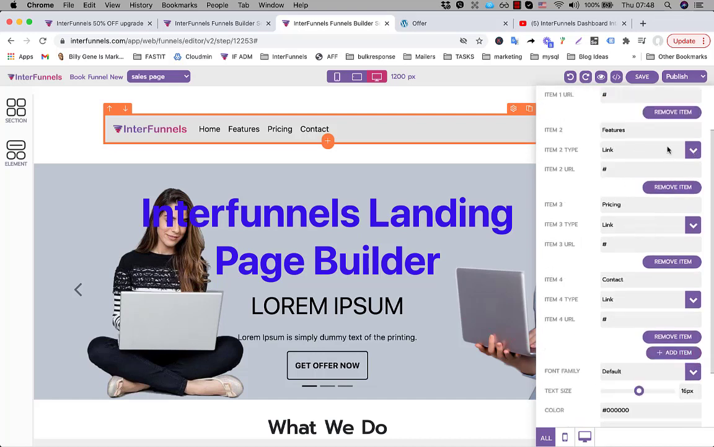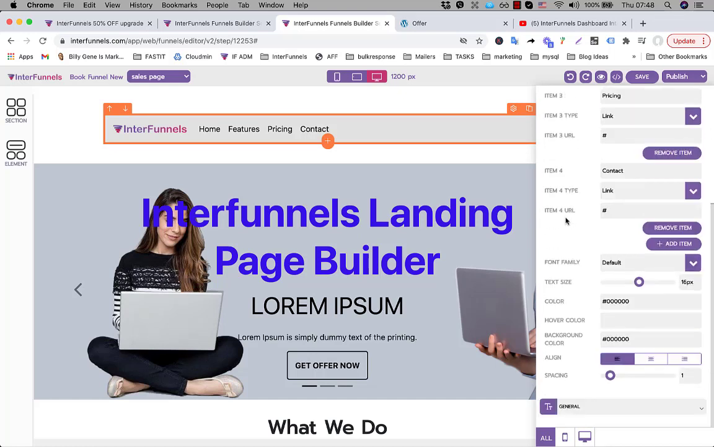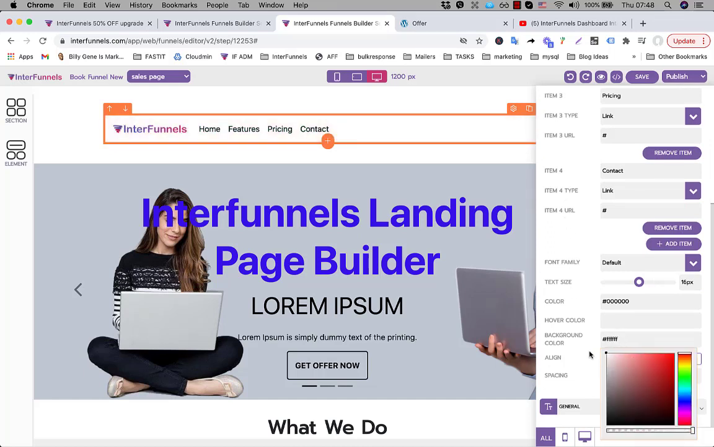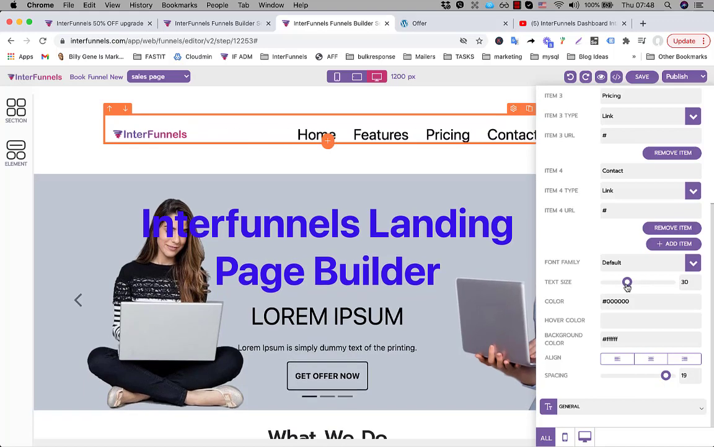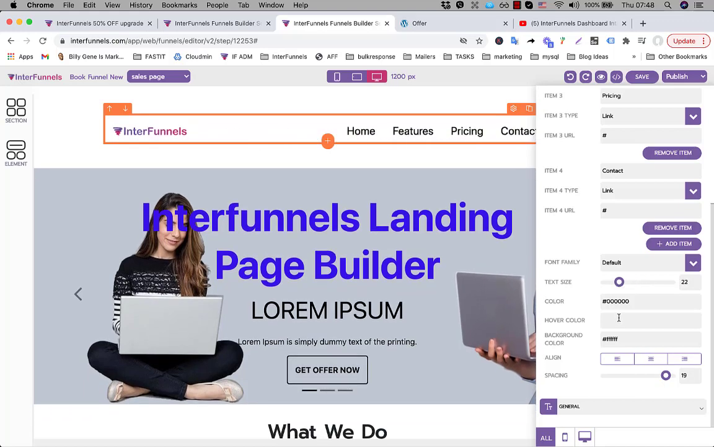So with every item you can add a link. It can be a link to a landing page inside the same funnel, or it can be an external link as well. So you can add a navigation bar, and then you can change the background color. So I'm going to make it white, and I can change the orientation. I choose the right align, and then I can change the spacing between these items, and then I can change the text size. I can make it a little bigger if I want to, and I can change the hover